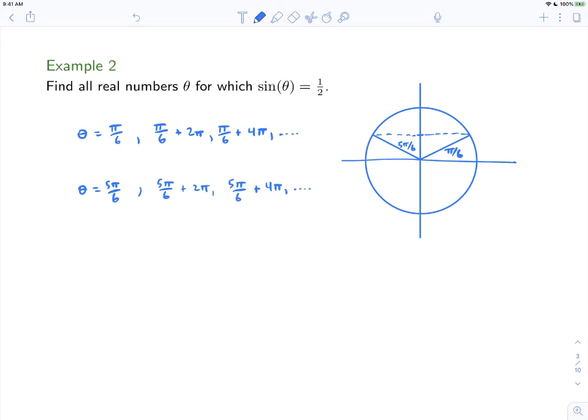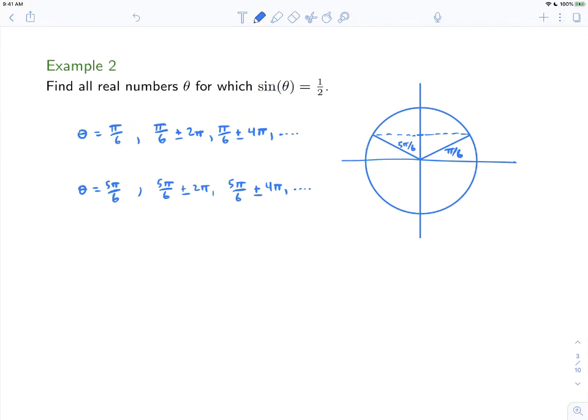And not only do we add positive rotations, but we can also add negative rotations. Any coterminal angle, whether it be obtained through a positive rotation or a negative clockwise rotation. So we can also do pi over 6 minus 2 pi, pi over 6 minus 4 pi, 5 pi over 6 minus 2 pi, 5 pi over 6 minus 4 pi, and so on. There are in fact infinitely many solutions, but how do we write them all down so that we don't have to have an endless